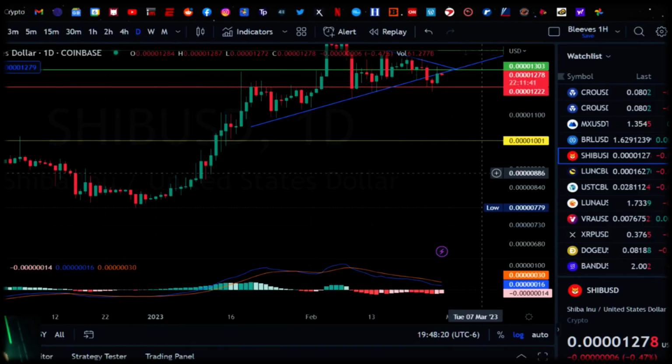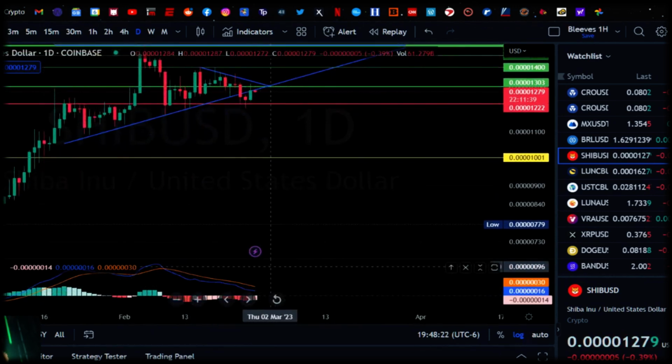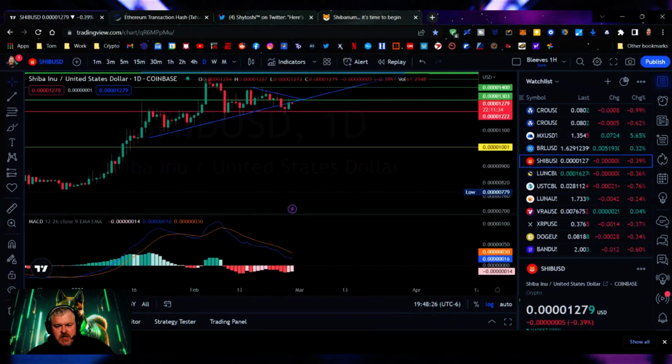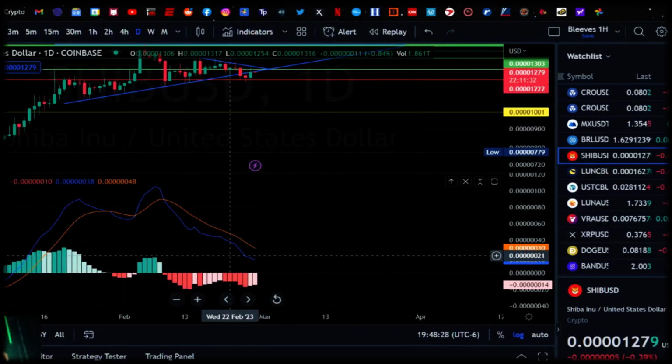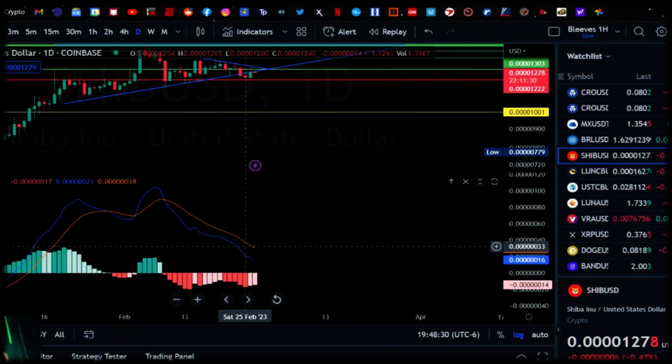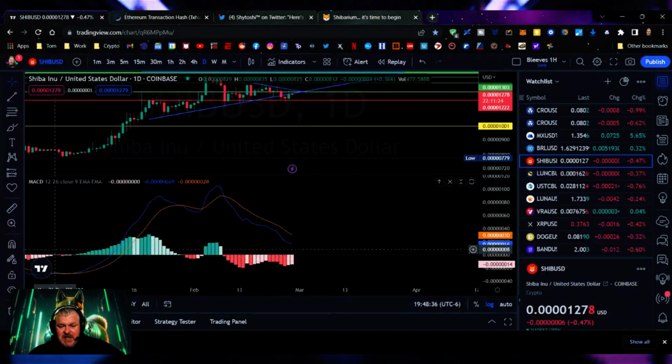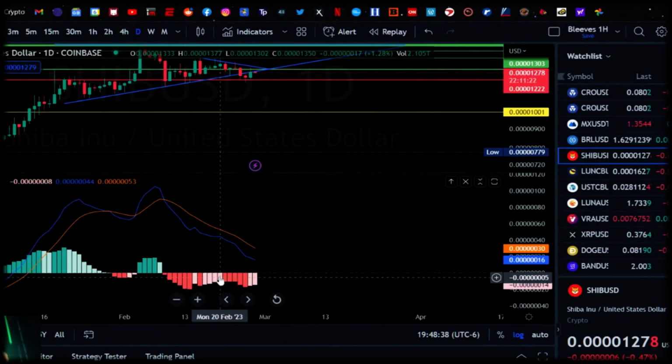That's the kind of increase that we're looking for out of this little move right here. Now, the one concern you have is, of course, that the signal line is a little bit above your SMA, but if we continue to add money and this MACD is true to what it's doing, and you see here, we've